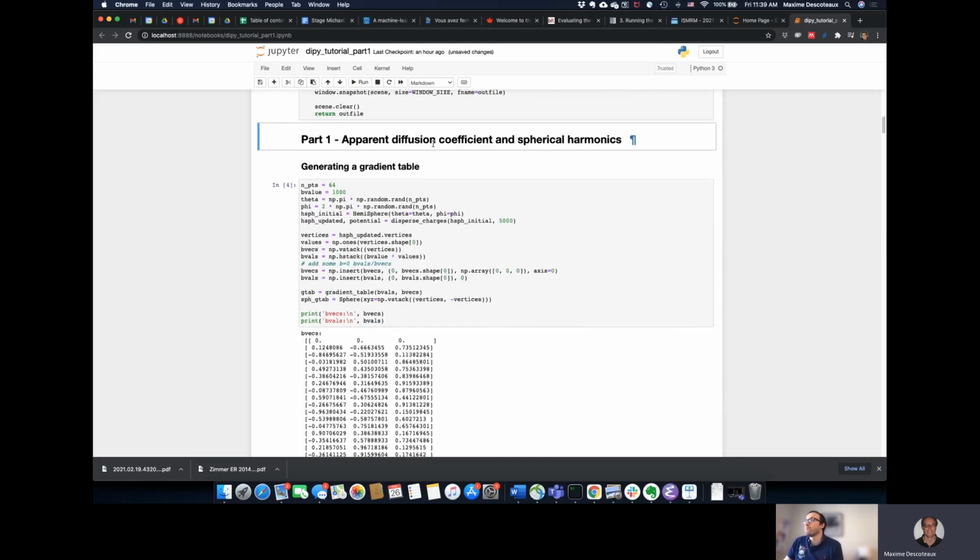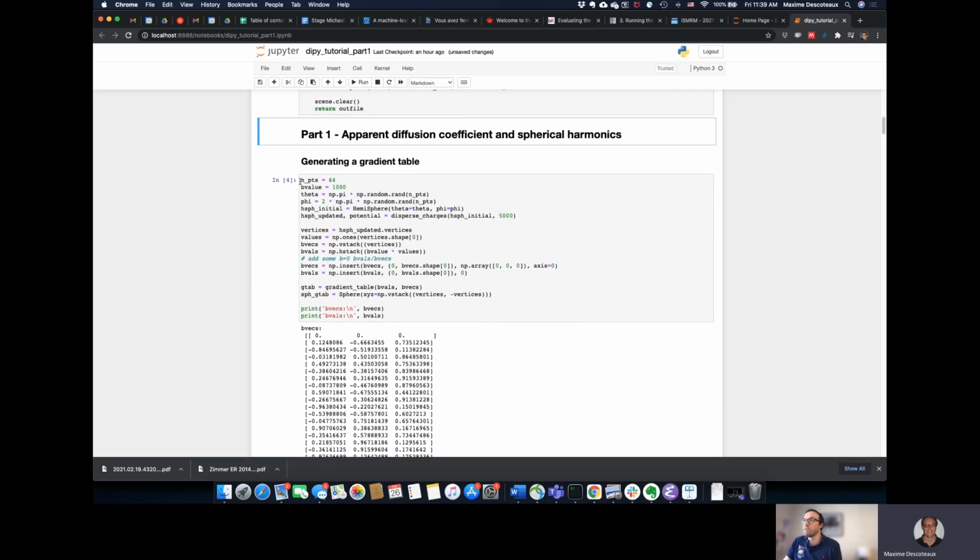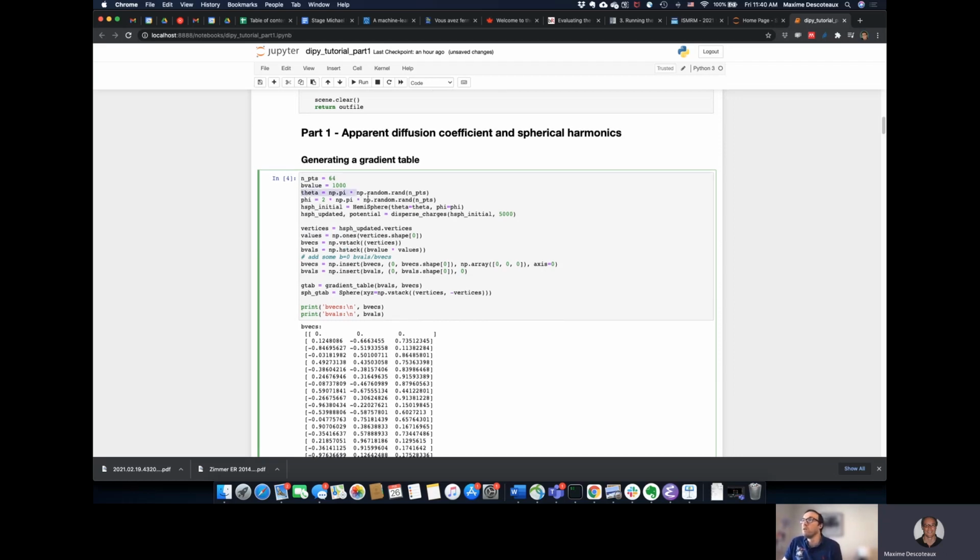So first, the apparent diffusion coefficient versus spherical harmonics. Let's just start with this little block of code here. You'll see I'm generating 64 directions on the sphere. So this looks like a single shell at b value 1000 data with 64 directions. And I could change that to 32 or 100. You can play with this code. I'm going to generate the 64 randomly generated directions on the sphere for that,